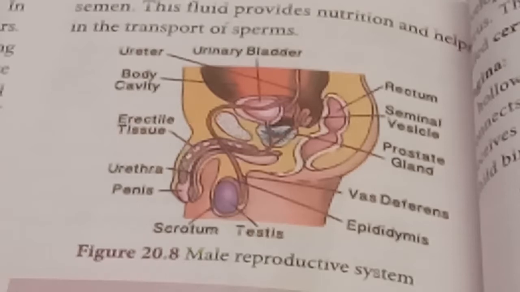Next one is the urethra. It is contained inside the penis and conveys the sperm. Okay, it's clear. It passes through the urethral opening, and there are accessory glands associated with the male reproductive system. See the diagram: the rectum region, urethra, penis, then the body cavity, urinary bladder, and the vas deferens. The epidermis is the outer skin layer of the testis. It's clear. Okay.